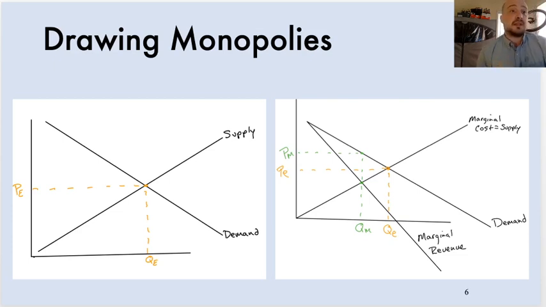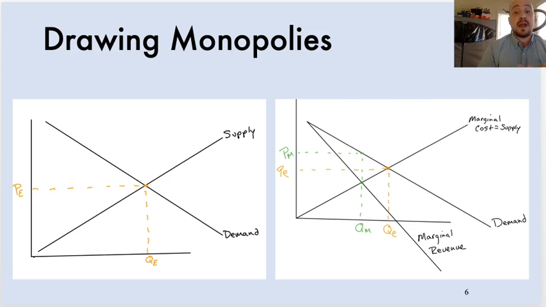But you'll notice if you look at this monopoly graph, it has two of the same features as perfect competition, right? It has supply, which, as you remember, is also equal to marginal cost. So my supply line on that right-hand side graph, we could replace that supply line with the Nike swoosh, the marginal cost line, right, and they'd be equal to each other just because this firm is not shutting down, right? It is not engaging in the shutdown rule. The price is above the average variable cost, and so marginal cost is equal to supply. And so that's one thing that monopolies and perfect competition have in common. They both have supply lines, and you'll notice that they both have demand lines.